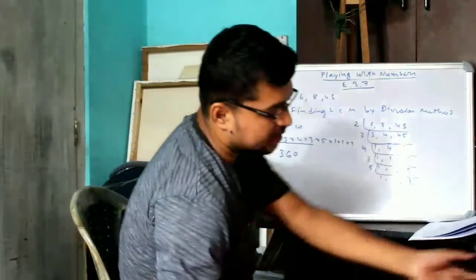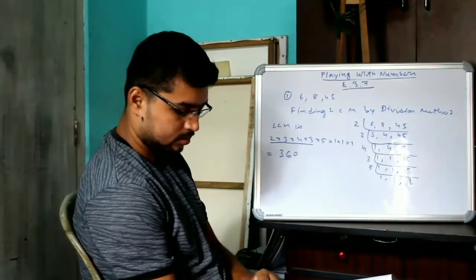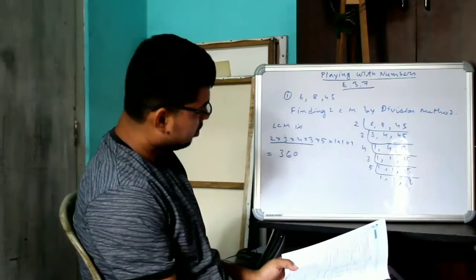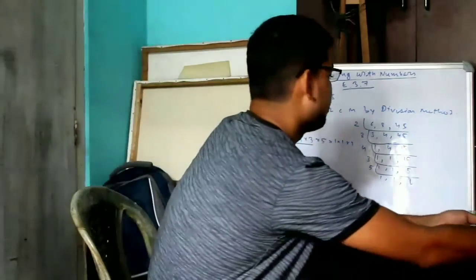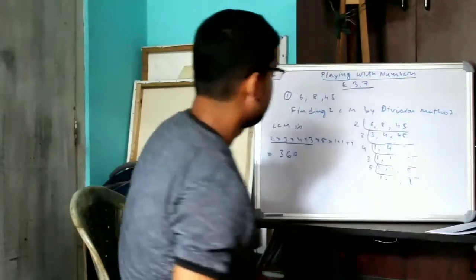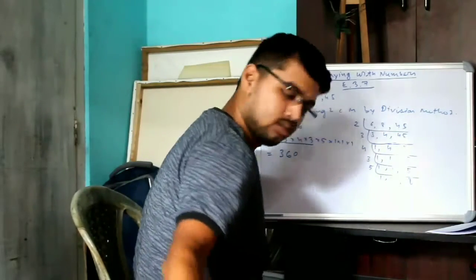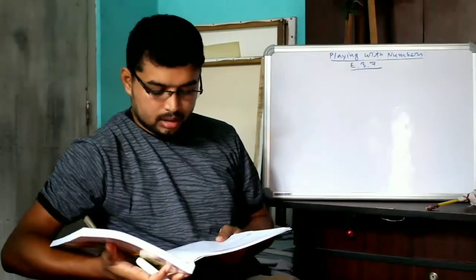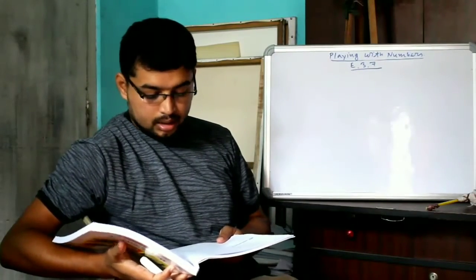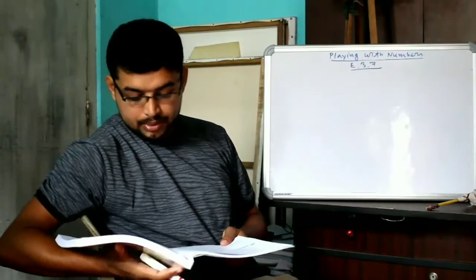So 360 is the LCM of 6, 8 and 45. Next, find the lowest natural number which, when divided by 15, 20, 25, 45, leaves a remainder 8